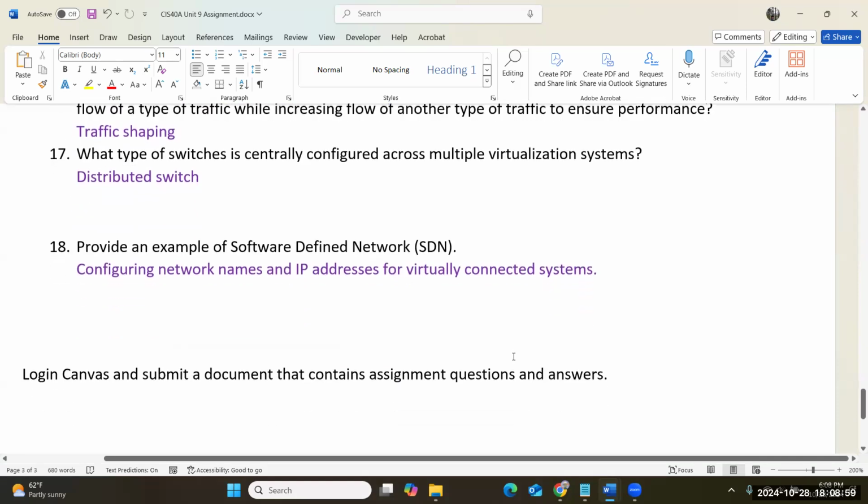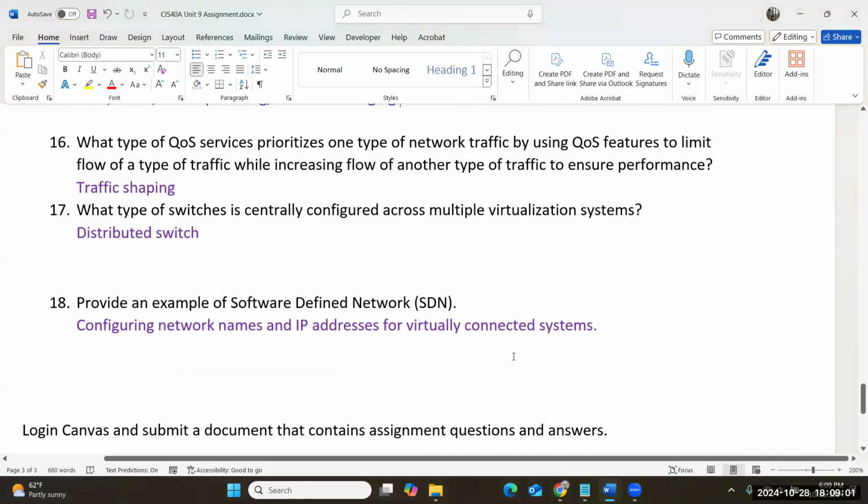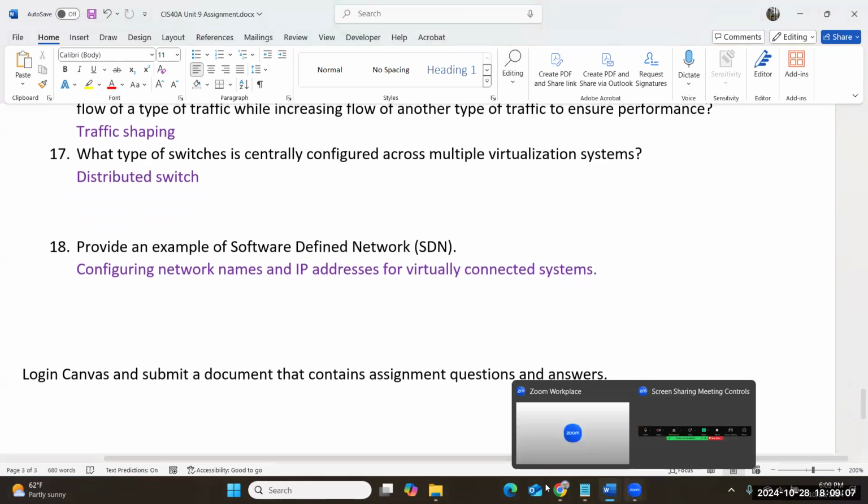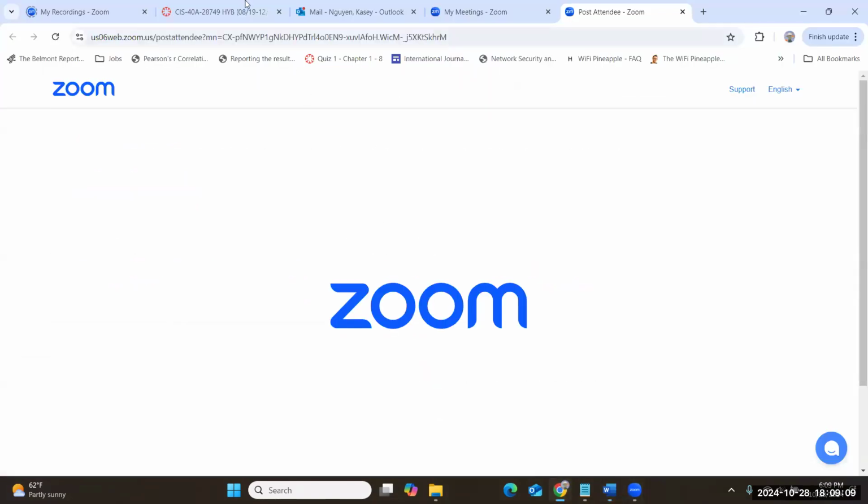And then I'll walk you through it. I don't have a switch to demo, but I will show you how you can get connected and then you can start from there. Okay. So let's go to